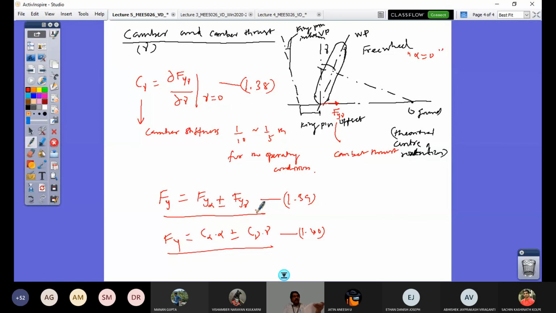So with that, now I will stop this lecture. And what is that next period that we are going to do? Maybe we'll have a half an hour lecture. We are going to understand characterizing this lateral force, characterization of this lateral force. So we are going to derive a mathematical model for this lateral force generation, like the one which we have seen for longitudinal force. With that, let me just stop now this recording, and then again after 5 minutes we'll resume back.